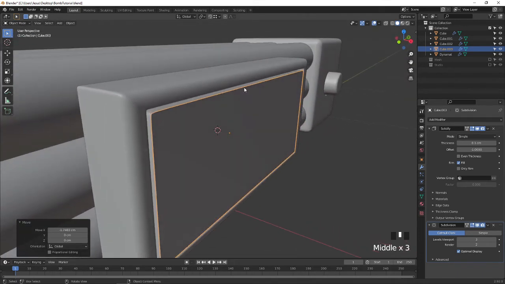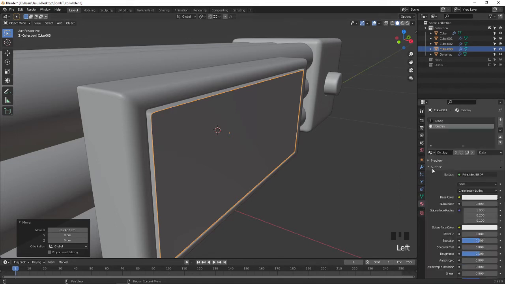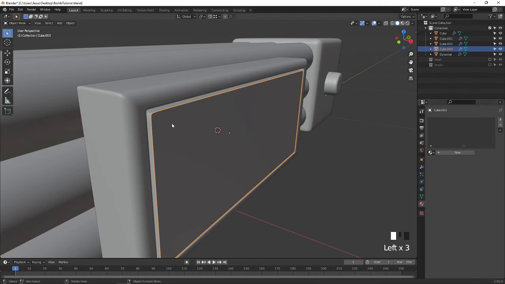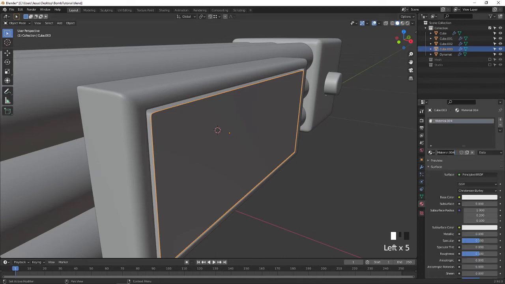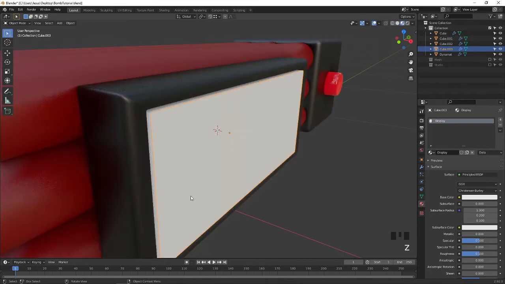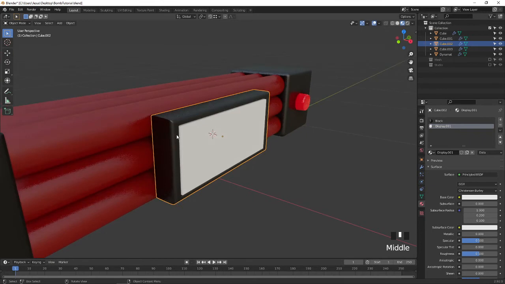Now two things are ready. We are going to create a new material again. Once again, I am going to minus both for this option that I have selected. I am going to click, and I am going to make it as display. Go to the material view, and now what I am going to do is give two